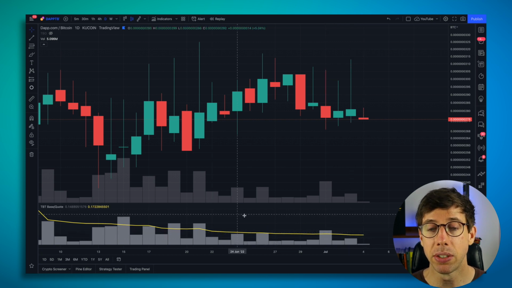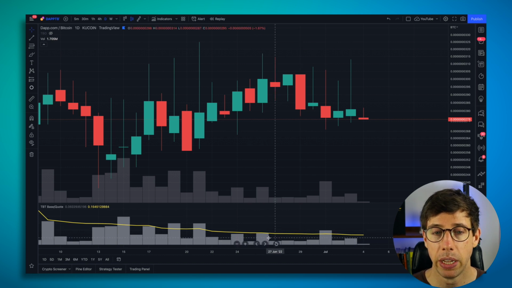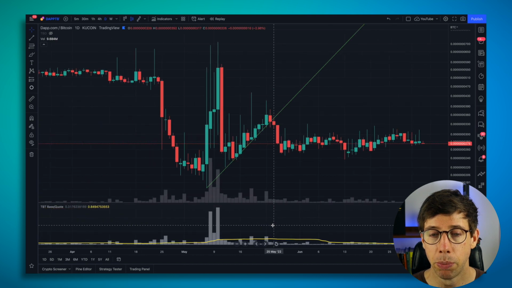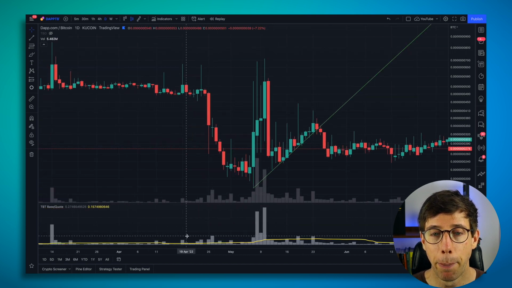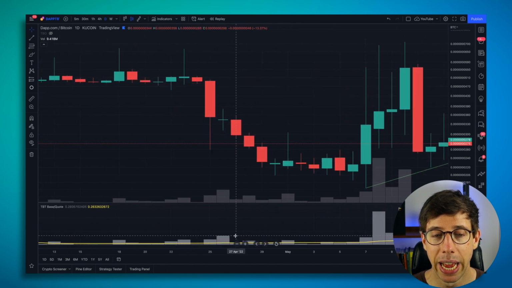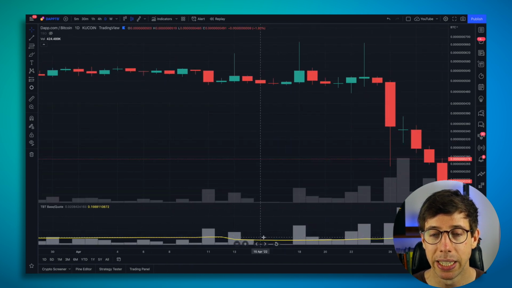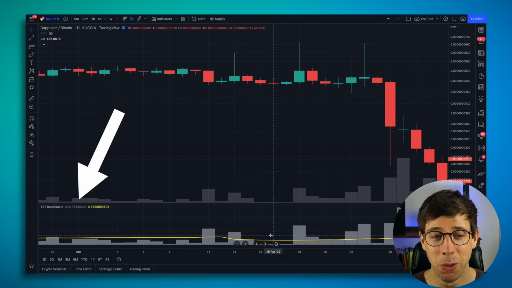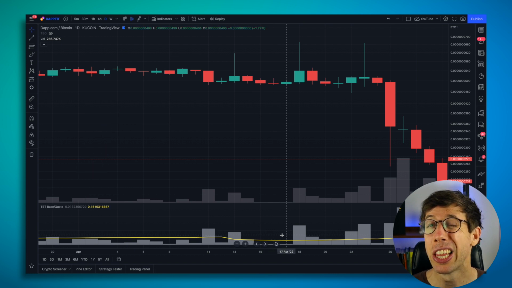Having these peaks and troughs, these peaks and valleys, is normal. It's completely normal in crypto. It's completely normal to see big pumps happen. This lets us know that back here, it's okay to add more size, especially on days like here, the 15th, 16th, 17th of April. The BTC equivalent trading volume is 0.02, 0.23, 0.13, but we can see that the 30-period moving